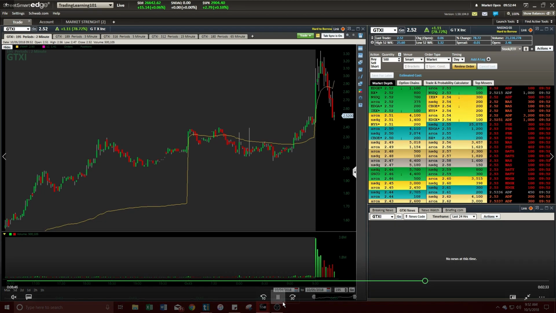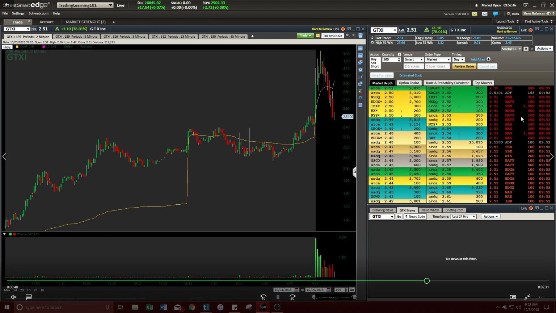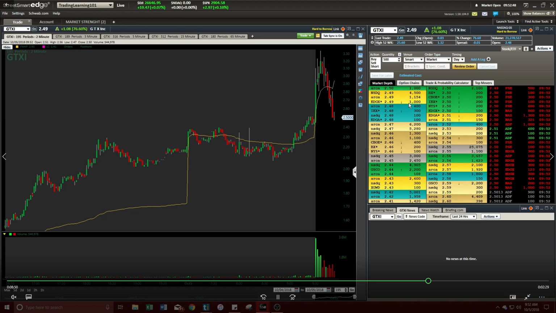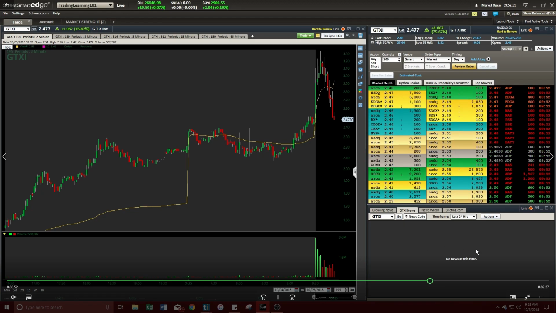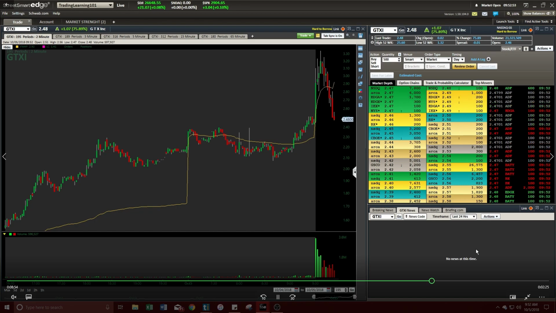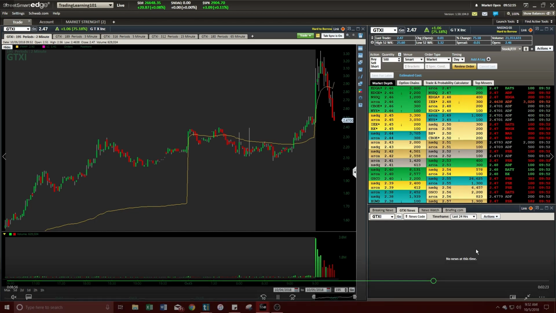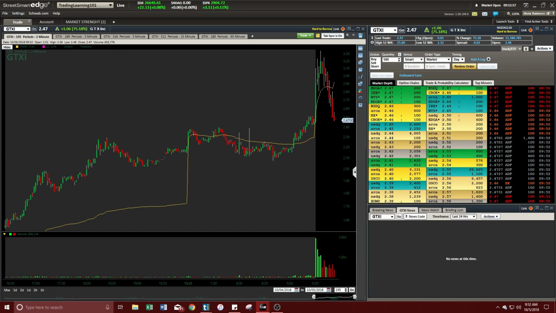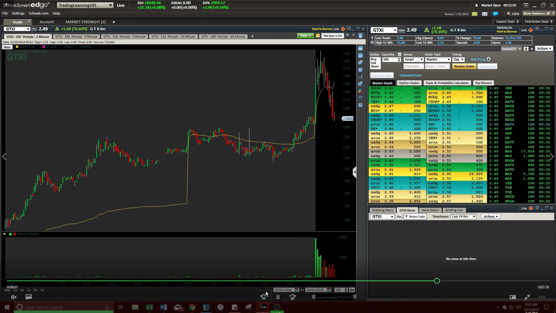Watch it come down to 250. I see big panic selling on the sales here. The bid getting eaten up real fast. Boom, broke through 250. And you've seen just before that,